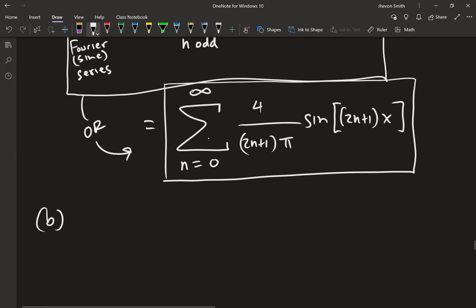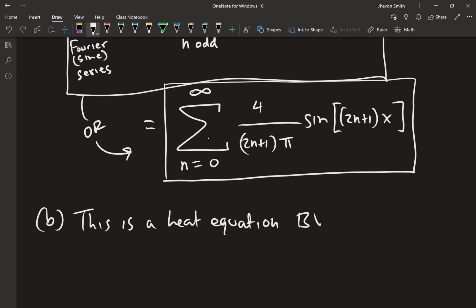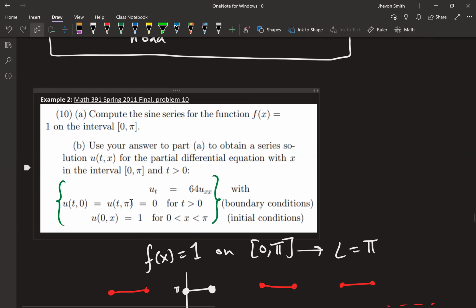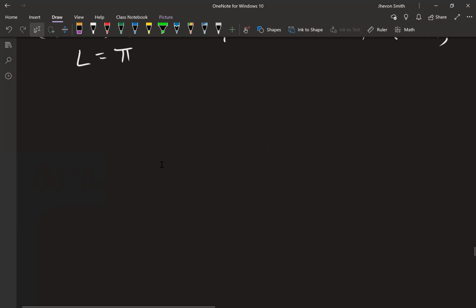So here I will notice that this is a heat equation boundary value problem with alpha squared equals 64 and L equals pi. Right, if you go up here, it also says L equals pi. L would be the guy that's over here, the left endpoint for x, and x goes between 0 and pi. Remember, x goes between 0 and L. So this falls very nicely into the thing that I described earlier, which means